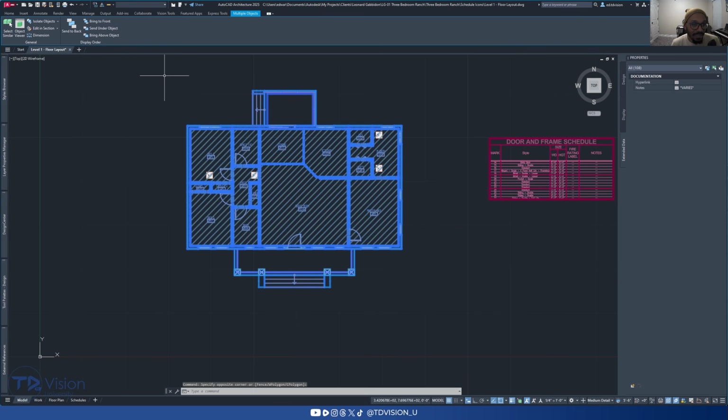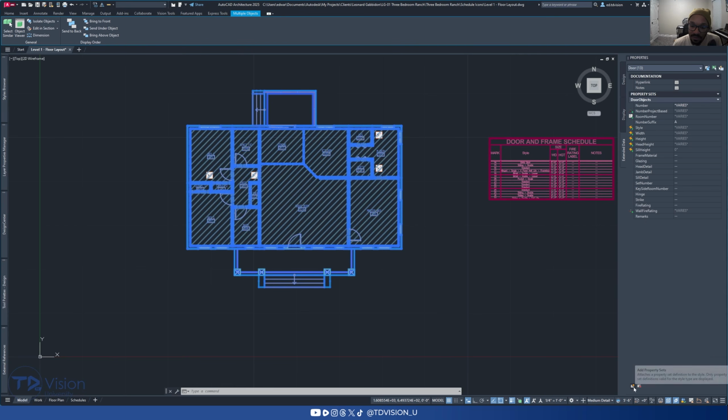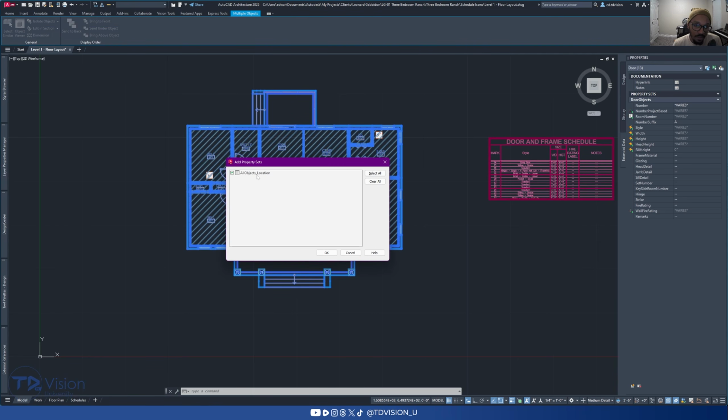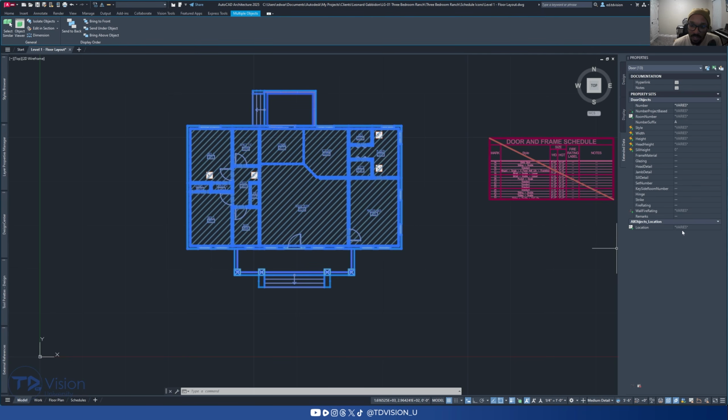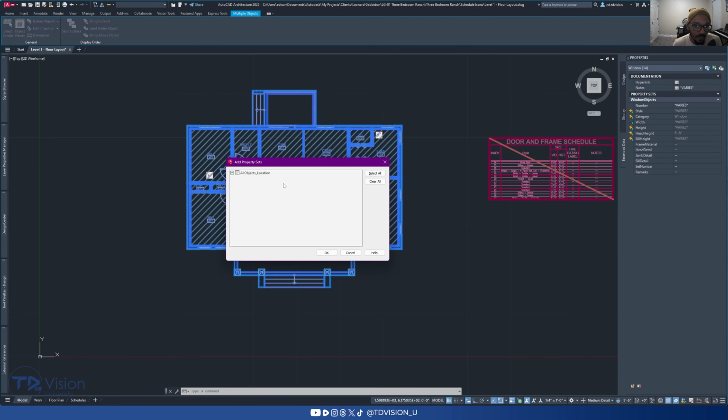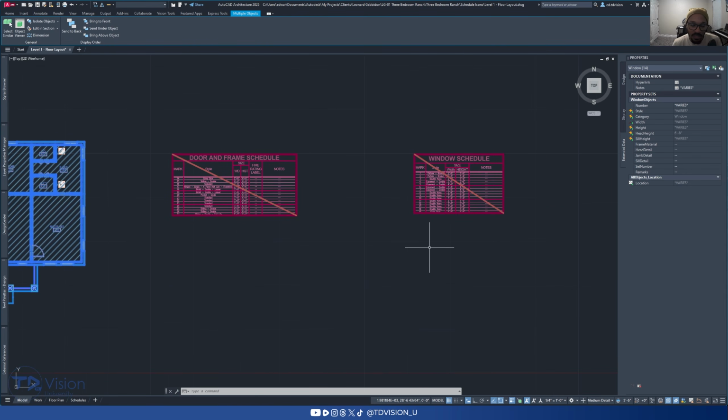So if I highlight everything in my drawing and I filter down to doors, it's not there as yet, but if I click on this button, it will become available. Okay, and I'll check that box and click OK, and now location is available. Now it says varies because I have multiple doors selected. I'm going to filter down to windows, and I'm going to do the same thing. I'm going to add the location, hit OK,